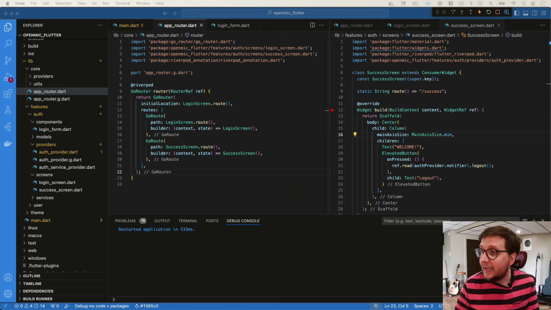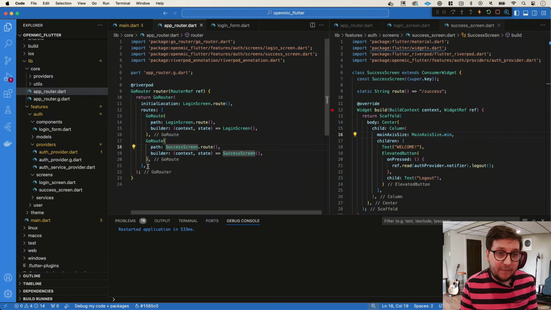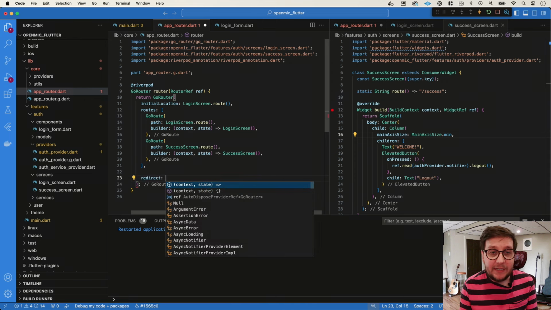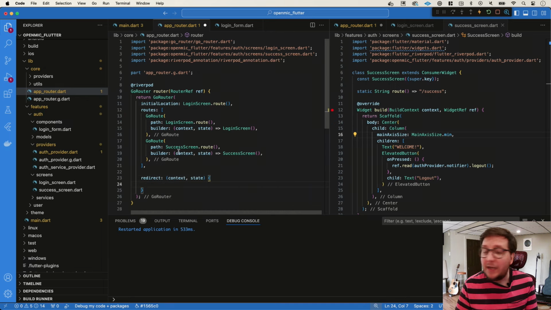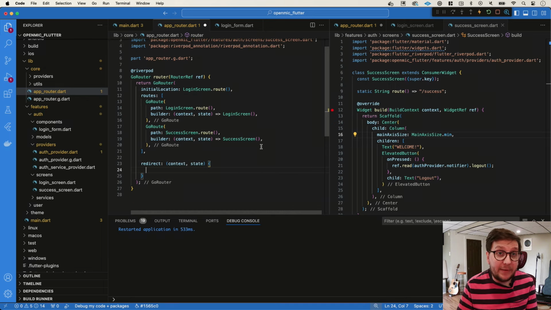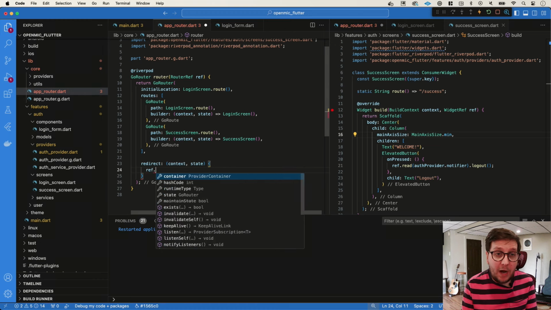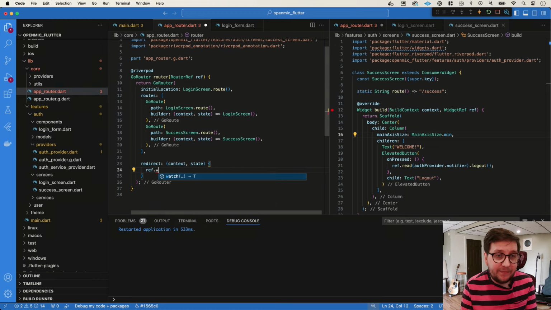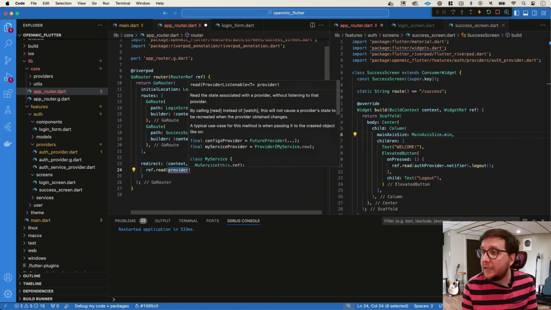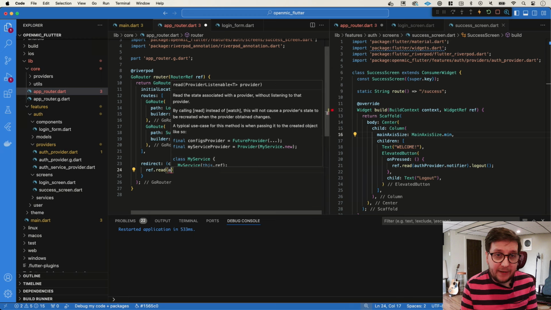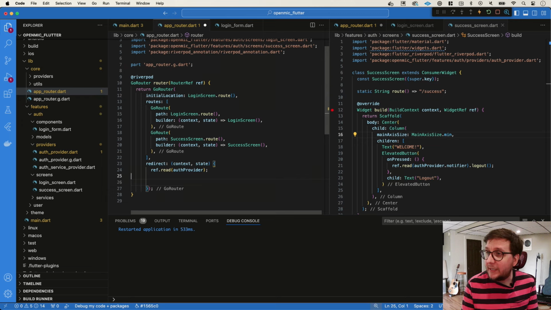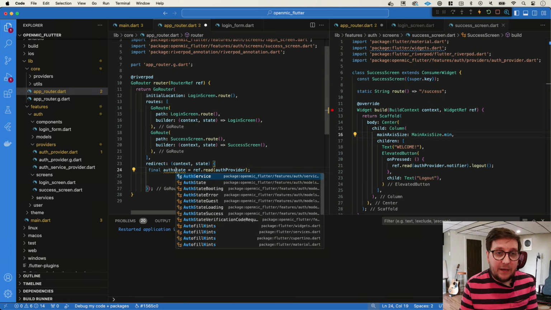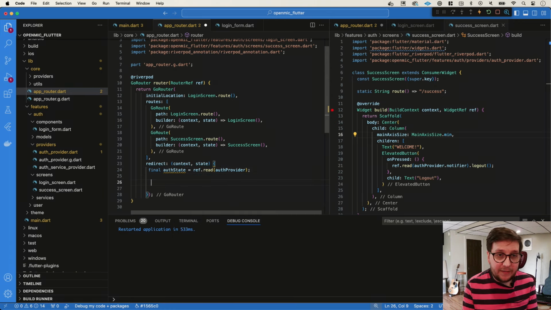App router has a redirect parameter that we can pass in, redirect, and takes context and state. And in here, we can get access to the user state, because remember, this is a provider, so we can actually go ref.watch, ref.read. What are we using? We're using the auth provider. And we can do something, let's just call this state or something, auth state, I guess, makes sense. Auth state. And we can do something like if auth state,